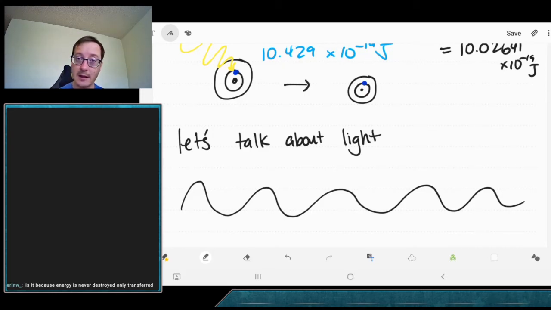And waves have certain characteristics that I'm very bad at drawing, but